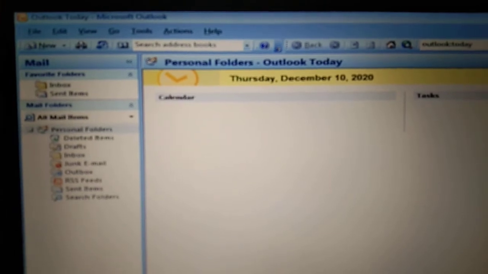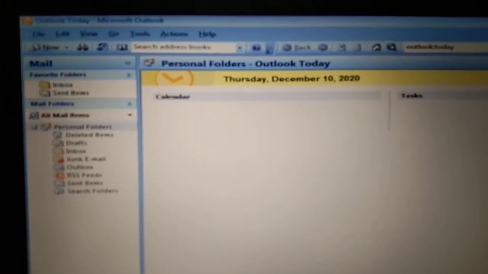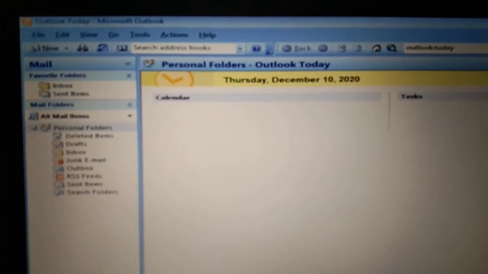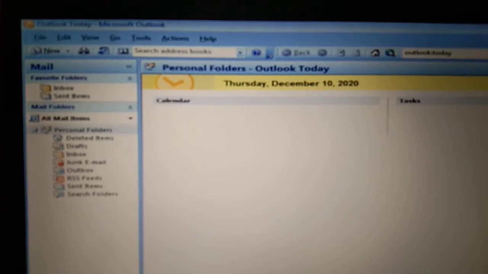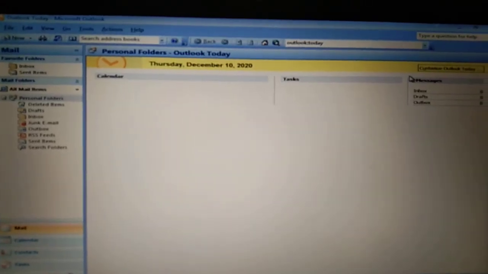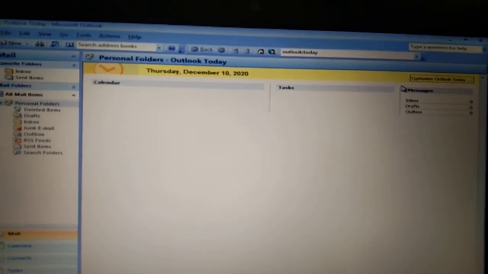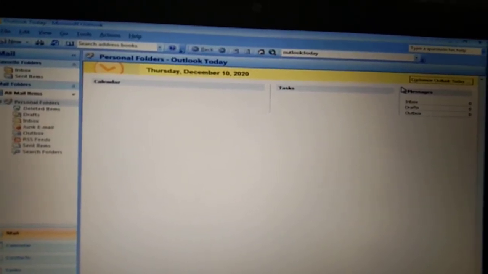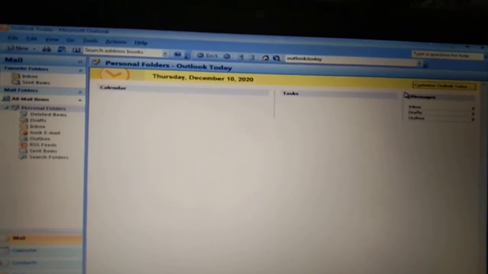This is the front page of Outlook, which includes various features like file, edit, view, tools, etc. Now our first topic is working with calendars. In this session we will discuss the feature of Microsoft Outlook Calendar, which is an electronic version of a calendar that helps the user in time management.